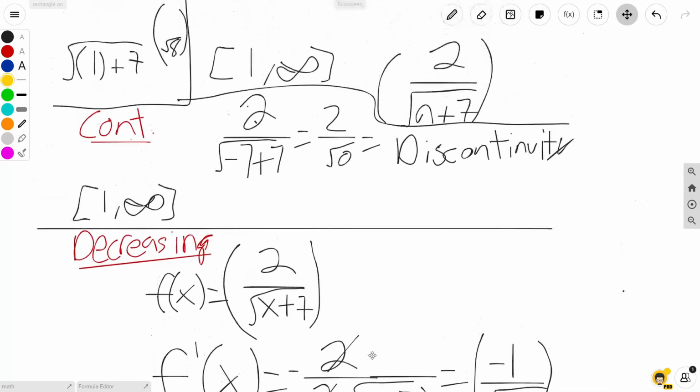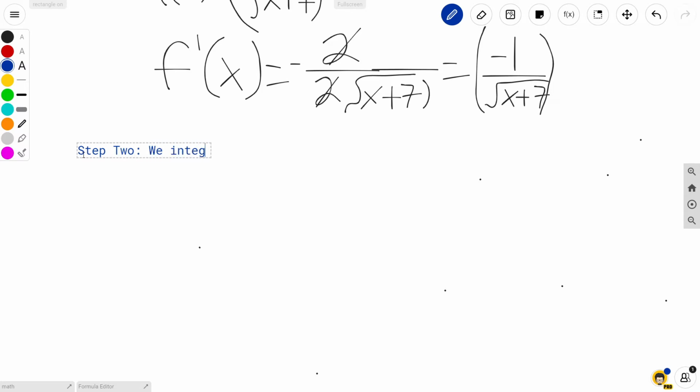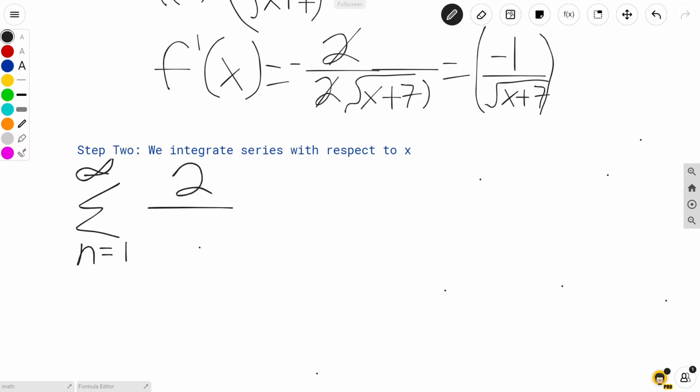So now that we tested positivity, continuity, and decreasingness, step 2 is we integrate the series with respect to x. So now that's exactly what we're going to do right here. So the series as n starts at 1 and goes to infinity of 2 divided by the square root of n plus 7,